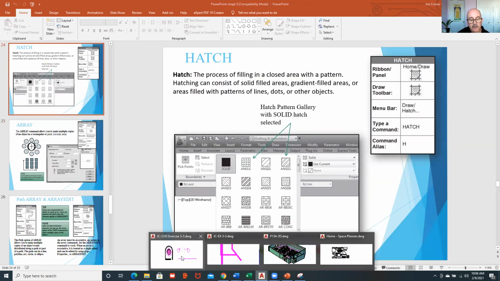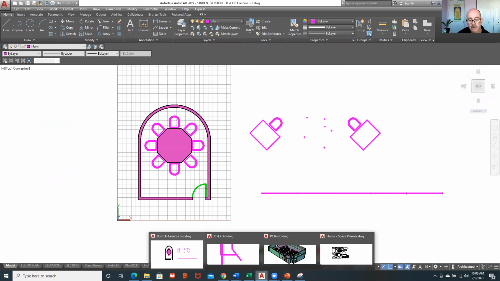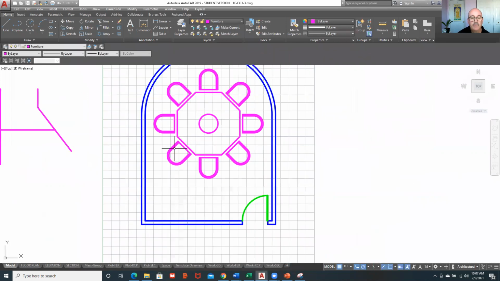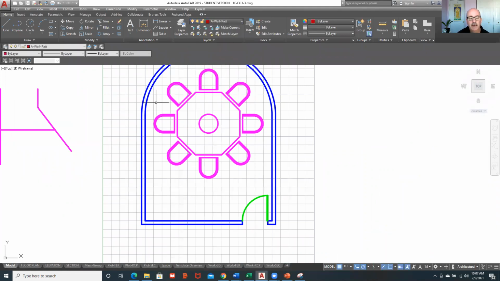And so if we go to our conference room, since I modeled it, it's already showing as a solid, but I think I have a second one here. If I go to mine here, there's my other one. So hatch works like this. I want you to use a different layer when you hatch things. So I'm just going to go and pull that layer up. And then when you select hatch,